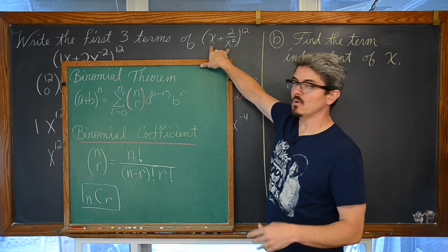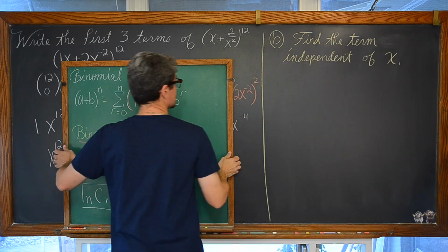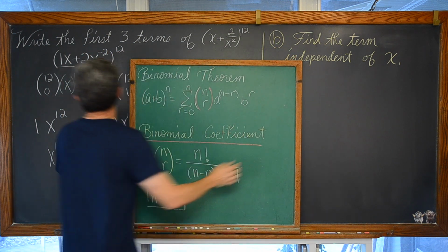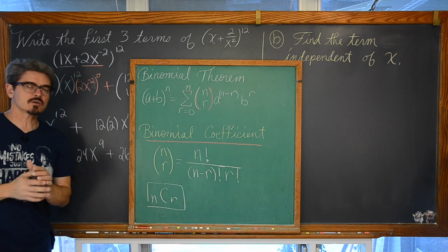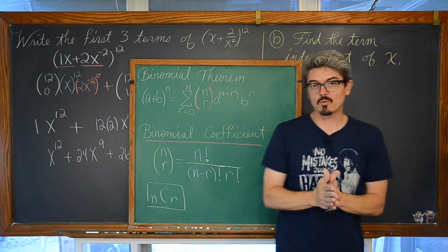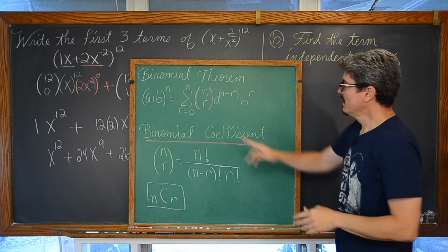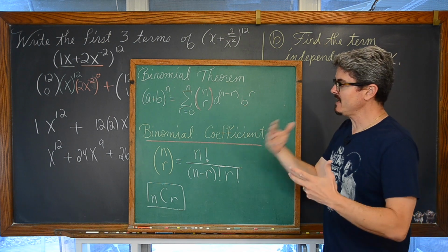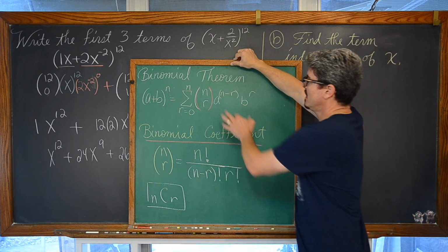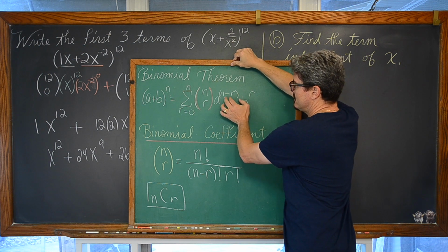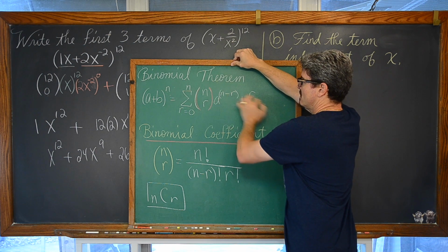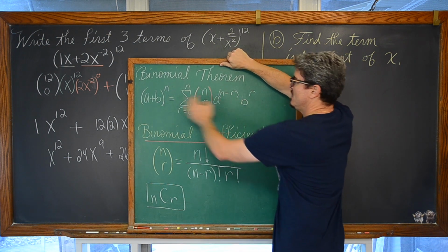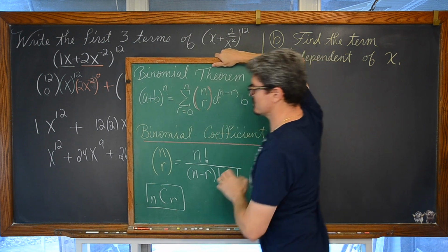And with our example, we're continuing this from the previous problem, so I have to make up a new one. X is in both our first and second term of our binomial that we are expanding. So A is going to have a factor of x, and B is going to have a factor of x, and you can kind of already see what's going on when I get this out of the way. But these are coming together, and there's an interplay of this n minus r and r. When both the first, or A, and B, both the first and second term of your binomial have factors of x,